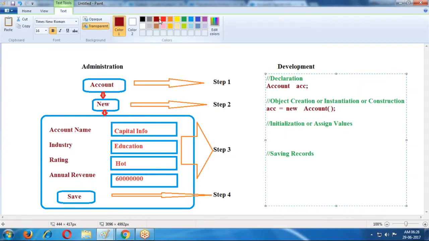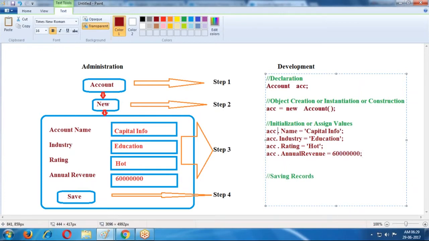Then acc.name equals capital info. acc.industry equal to education. acc.rating equals hot. acc.annualRevenue equals some amount.